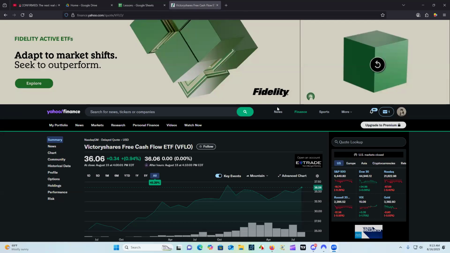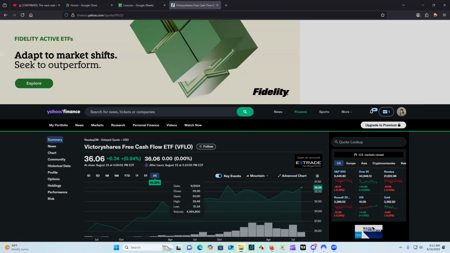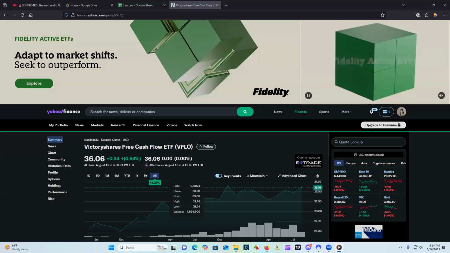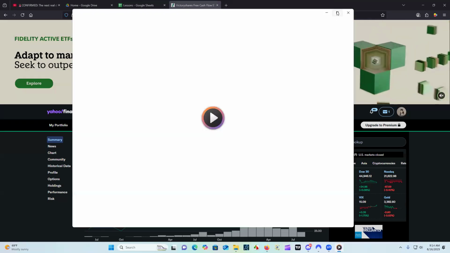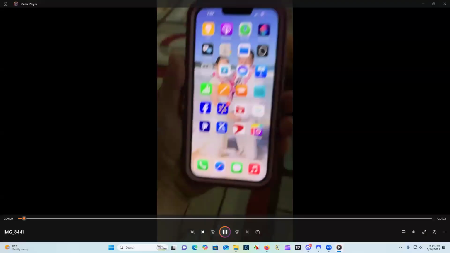Okay, for lesson three, I wanted to start off with setting up the Google Authenticator app on your phone with my main email. So let me show you a video of that. So here it is. So just watch this for